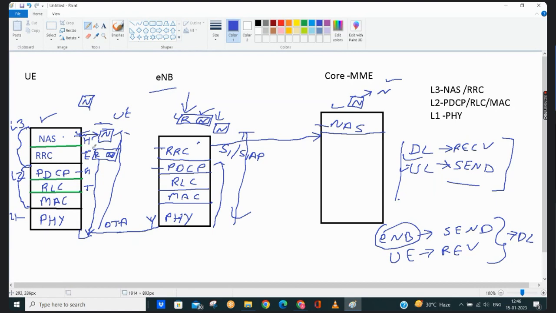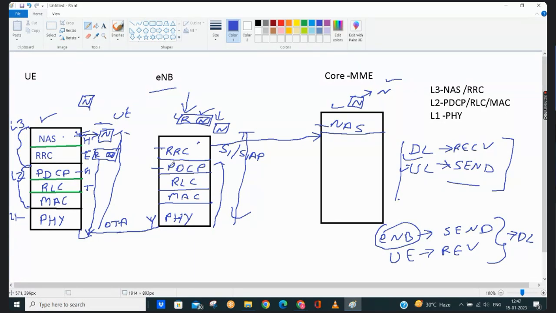Got my point? Yes, got it. So based on whether it is DL or UL transmission, the communication will happen.